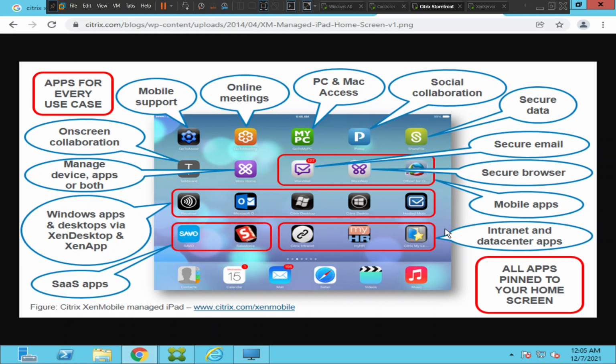So we can keep a lot of restrictions on these endpoint devices. Usually when users use their endpoint device, they simply set a simple password saying that, okay, I don't know, 1 2 3 4 or whatever it is. But we can set policies using mobile device management. Okay, so from the Citrix Zen Mobile infrastructure servers, we can set some policies like users should put a 4 digit or 6 digit pin to connect to the Citrix environment. So we can do all these things.